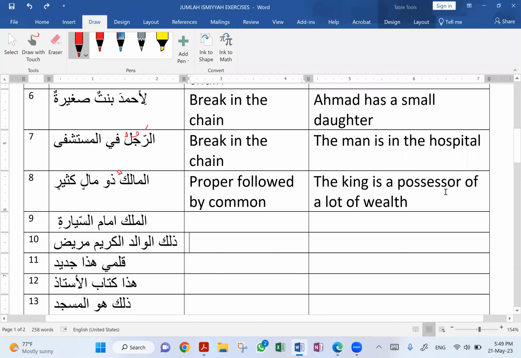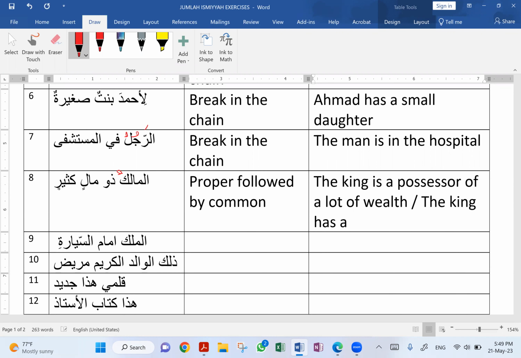Yeah, no, sorry, you're actually right. Has is not was. I'm confusing. Was is kana. Has is different. Yeah, we can say actually, that's better. The king has a lot of wealth. Yeah, much better. Better English. Yeah, true. It's just that it's better to demonstrate the is, but what you're saying is also valid. We can write is, but when we see a translation,